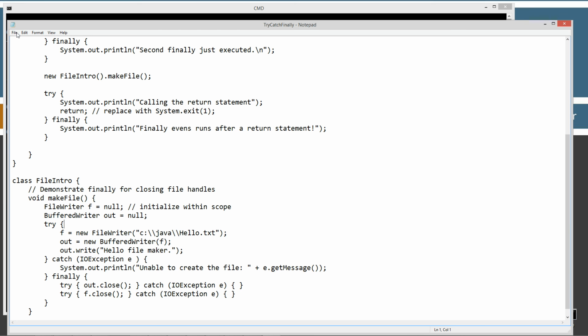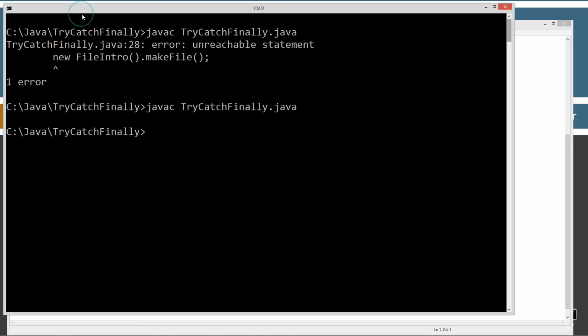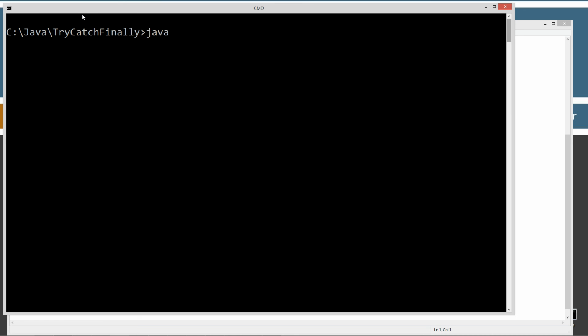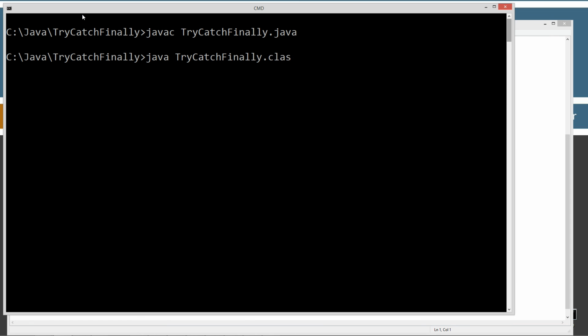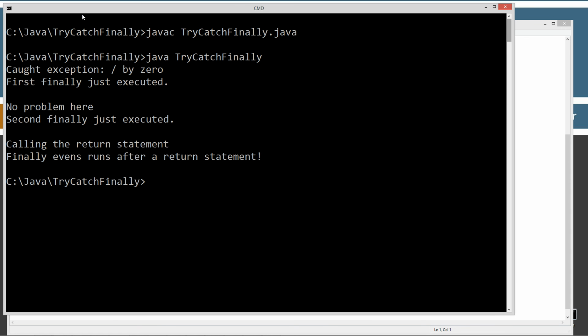All right, so let's go ahead and save this. Let's clear our screen, javac, and let's run this now that we've got that method. Okay, so we got everything that we got before, where finally caught exception, divide by 0, no problem here. Second finally executed, calling the return statement, finally even runs after the return statement. So if we go cd .. which will make us go down to the Java folder,